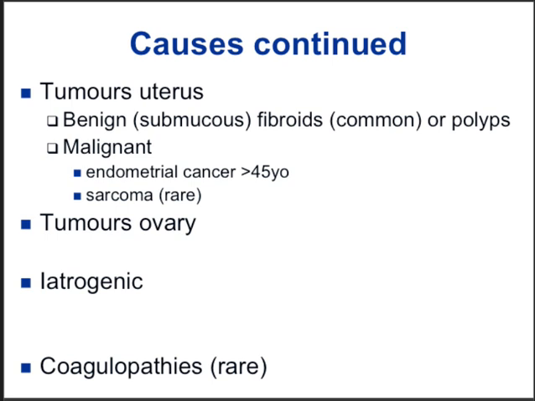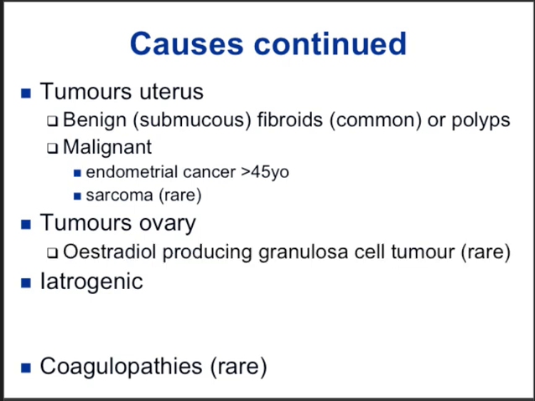Malignant endometrial cancer or sarcoma, quite rare. We keep that in the back of our minds. Then a tumor of the ovary, quite rare, is the granulosa cell tumor, which produces estradiol in itself and would, in women before the menarche or after the menopause, clearly show, those women would show signs of feminization or